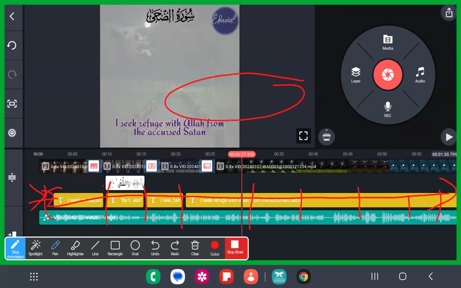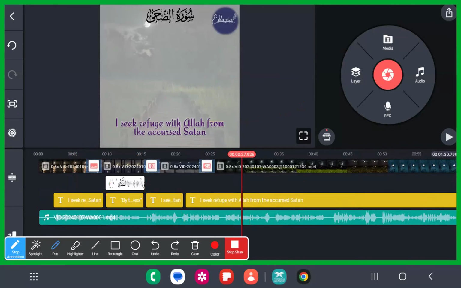Now listen to this once. Before cropping, I want you all to add font options to it. Make all of the font options, and then just split it with the ayah and keep it. That's all. You're going to copy and paste after that. This will be done in 5 minutes. This is how you do it.